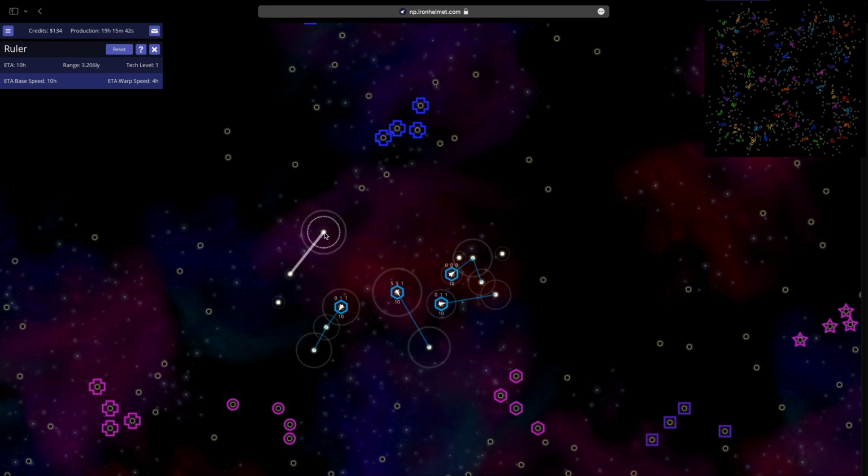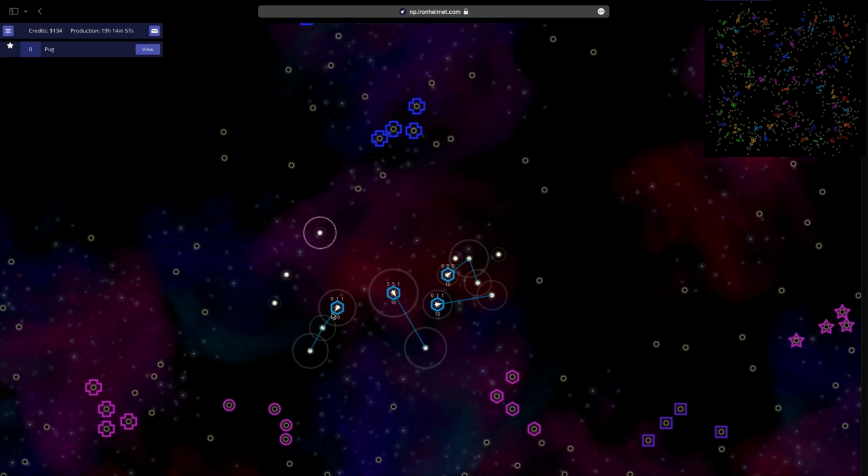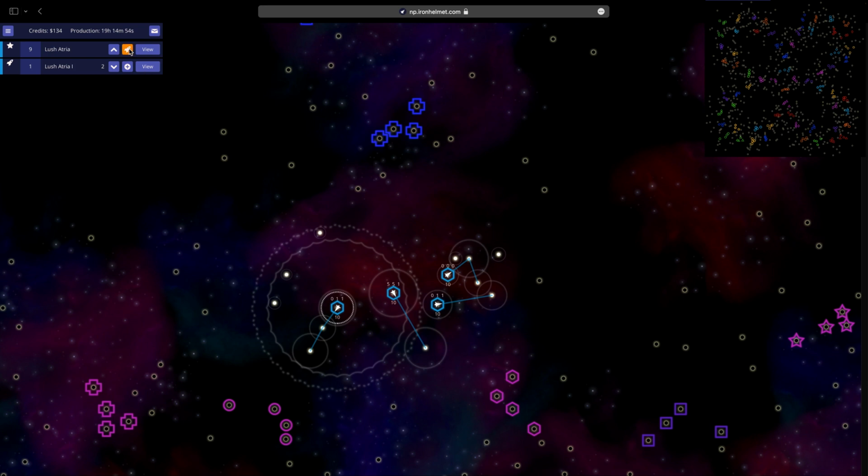So if we come from my direction, that is a jump of 3.206 light years, which means it will take me 9 ticks to travel 3 light years, and in the 10th tick, I will travel 0.206 light years. Now if we have a look at the other way, this is a jump of 3.487 light years, which means in the first 10 ticks, they will travel 3.333 light years, and in the last tick, they will travel 0.154 light years. So that means in the last tick, they will travel less distance than I will, which means